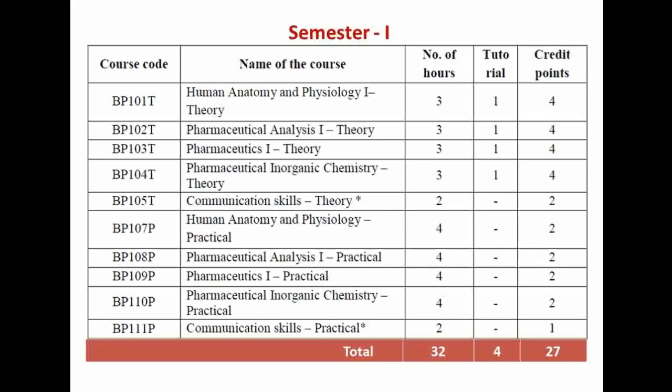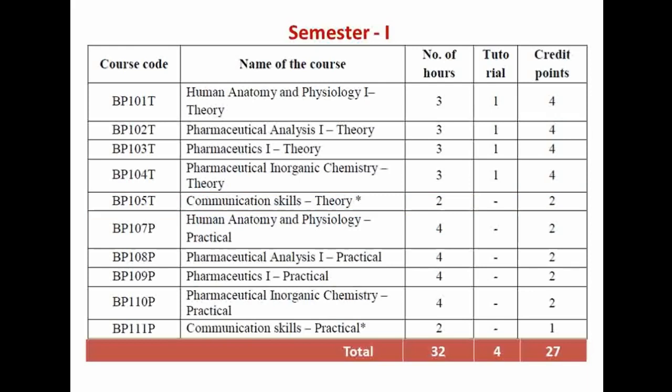So you will get the credit points 4 for the first one subject, which is same for further subjects because these are the university subjects. So number of hours allotted and the tutorial hours are same. So the credit points are also same. Now next one is the communication skill, which is a non-university subject. Number of hours allotted are 2. Tutorials hours are not given. So the credit points becomes 2.